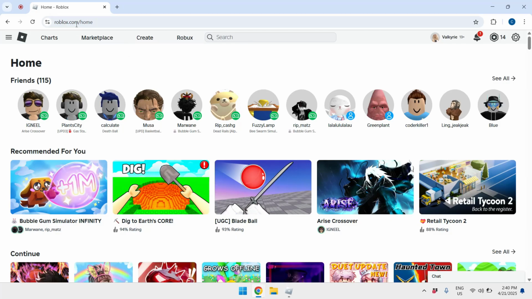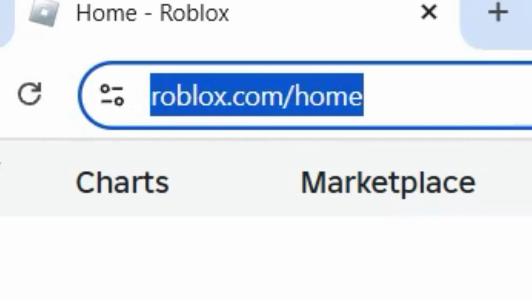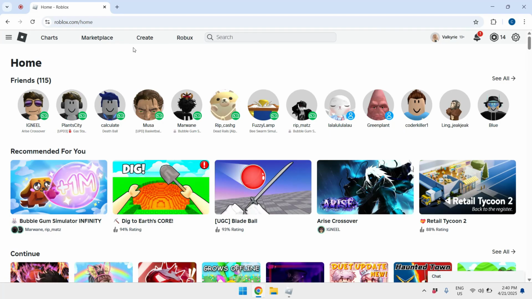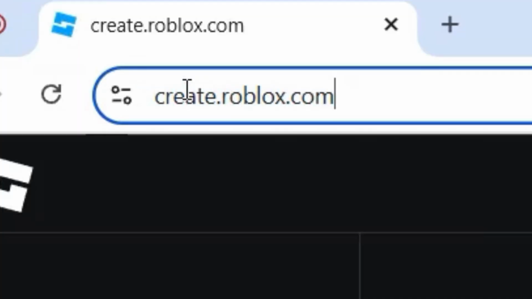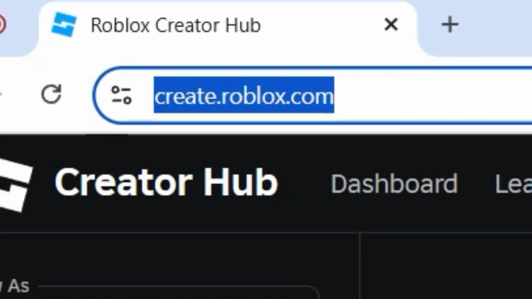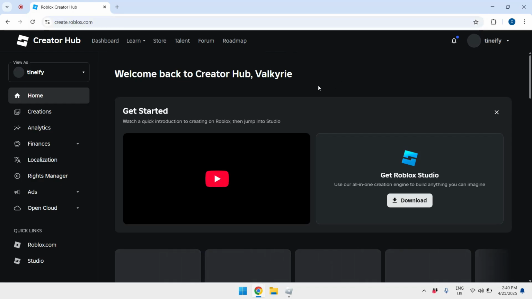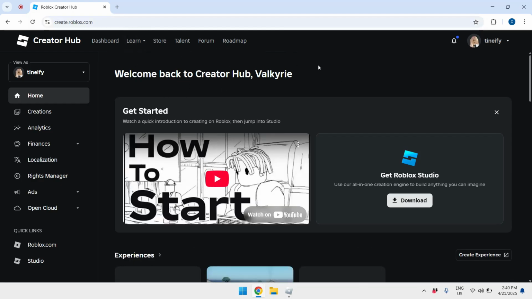So first, in Google Chrome, just head over to roblox.com and from there, just click on create. You can also simply type create.roblox.com on your search bar. Next is you will be redirected in the Creator Hub. Next is just click on Creations,